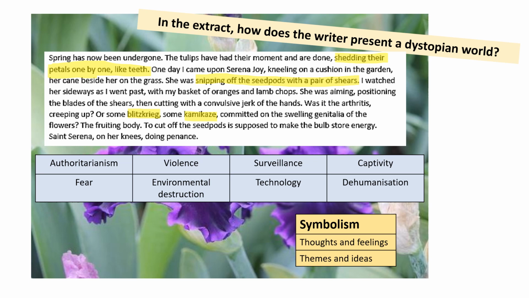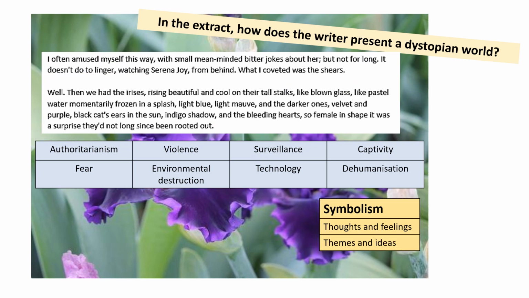Once again, this is a natural scene. They're in the garden. They're looking at the flowers. They're gardening, and June is admiring nature. But within this beautiful natural scene, we have Serena snipping the flowers with a sharp blade, and then we have these words to do with brutal, violent warfare. We'll return to those ideas, but let's read the next bit.